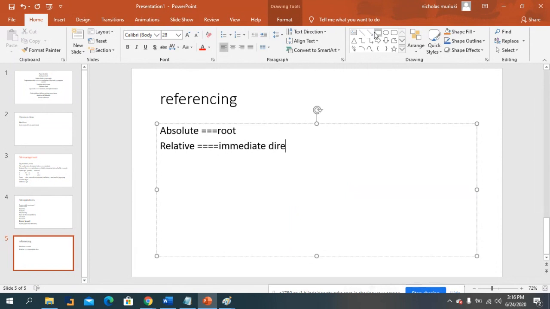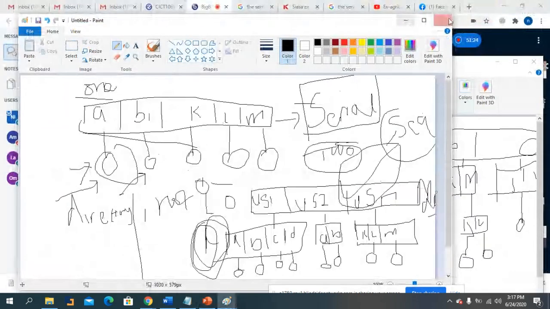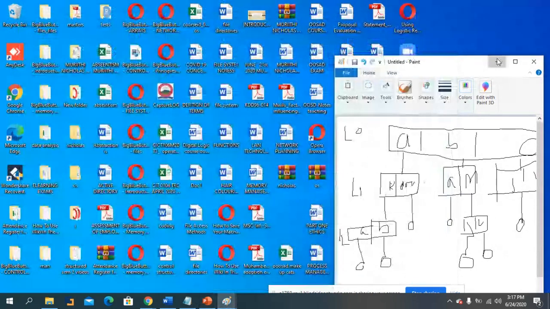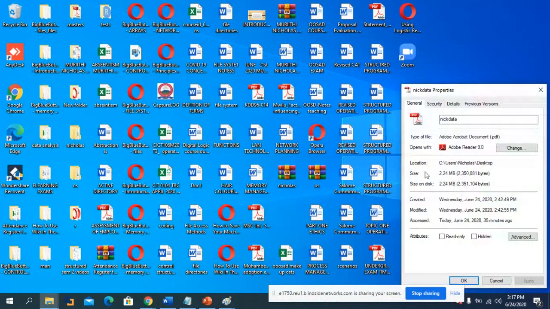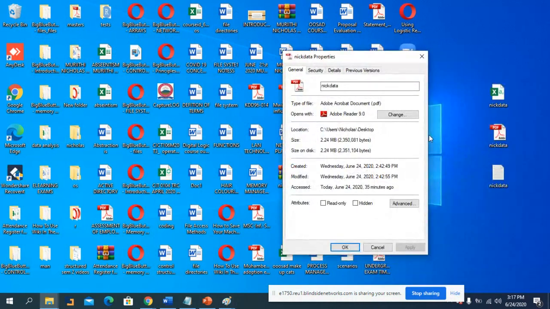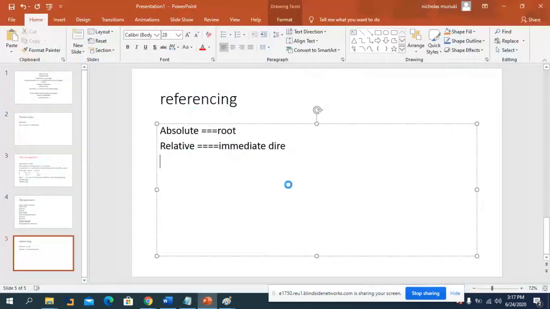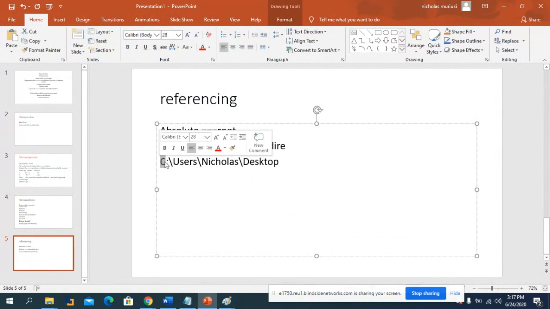Suppose I want to access a certain file here. If I right click and go to properties, then the location, what can I see? I can see Users, Nicholas, Desktop. So the moment you are accessing from the root, because this is the root directory, we are using what you call absolute referencing. But the moment I access from the immediate directory